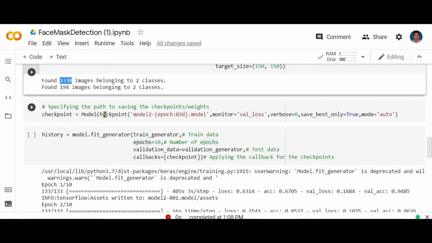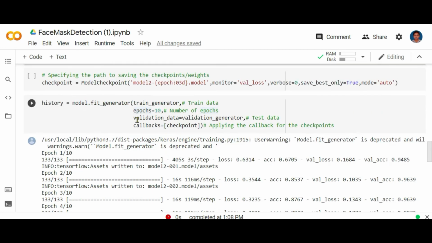Now I have used the model checkpoint, which is used to save the weights at each checkpoint, and we can see here that I have used the monitor as validation loss and mode as auto, and everything will be done automatically.